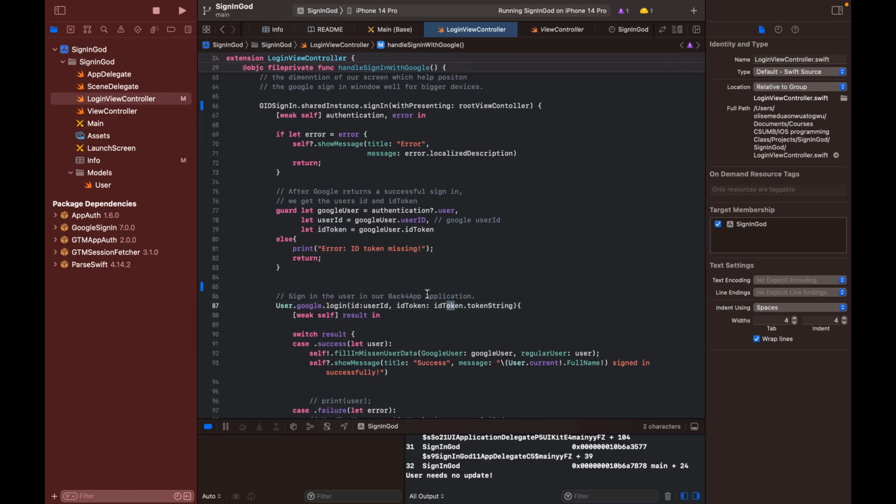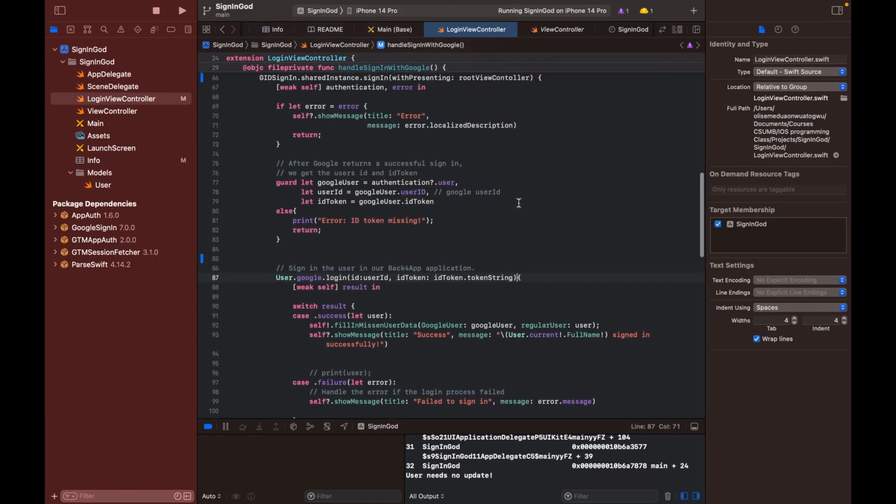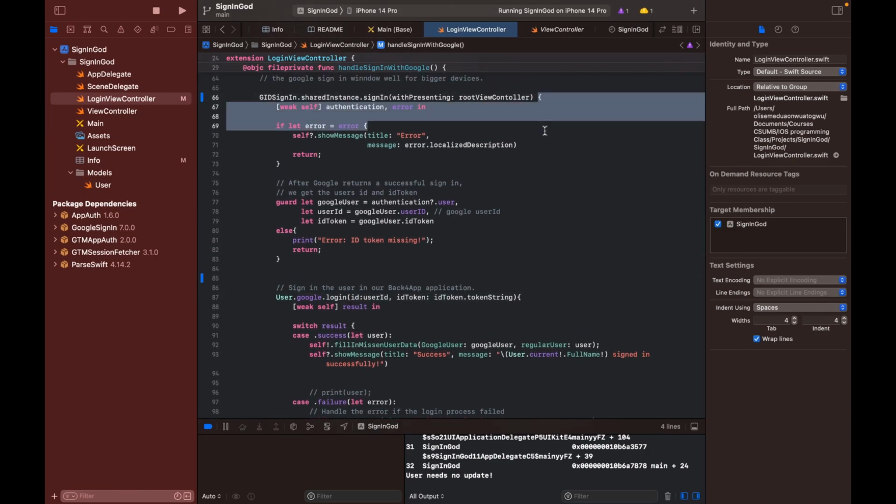Do you see it? This is the ID token here. ID token dot token string, which actually turns the ID token to a string. Because if you pass in just the ID token like that, it's going to give you an error. It gives you an error because it expects a string. So what you have to do is add dot token string. So here, just like we did before,